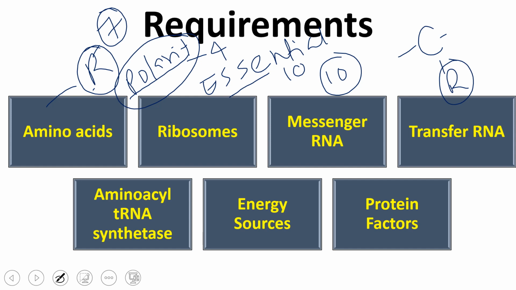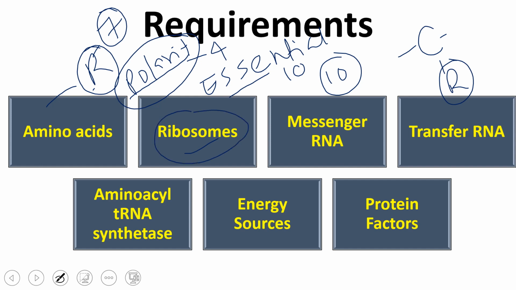Okay. So these are our amino acids. We require 20 amino acids. It may be polar, it may be essential, it may be non-essential, it may be any class, but those 20 amino acids we need. Then we require ribosomes. Ribosomes are normally called the protein synthetic factory. I am coming to the ribosomes later, and I will give detailed information.